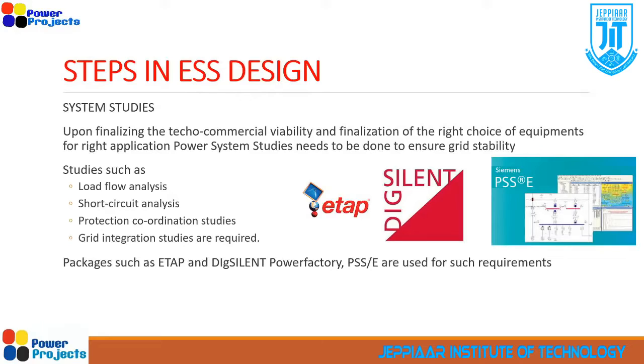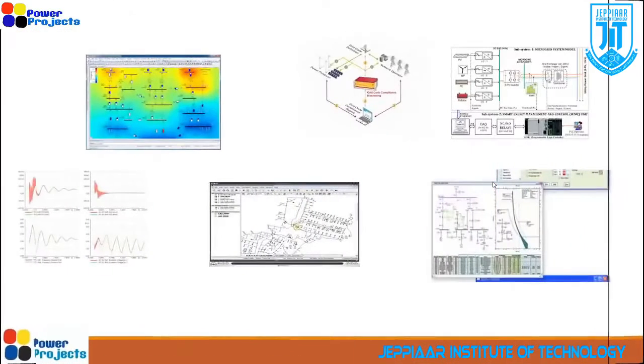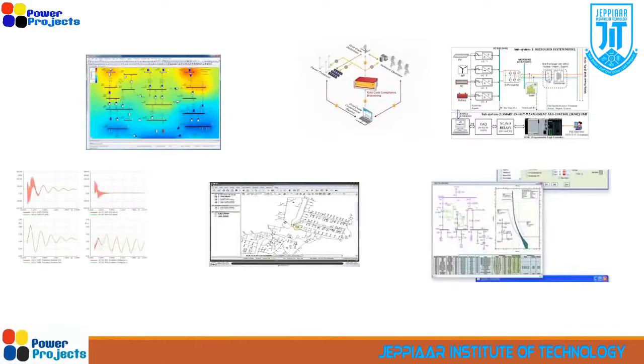For that, quite a lot of power system simulation software is available. For battery energy storage systems and microgrids, you need to perform quite a lot of studies like load flow, short circuit, transient stability, which I have missed here, but transient stability you also need to include. There are protection coordination studies, that's the relay coordination, and grid integration studies. There are many studies which you need to perform. There is a lot of software, so I have just listed a few which might be familiar to you: ETAP, DIgSILENT PowerFactory, PSS. Right? These are some snaps from power system simulation software to validate the technical feasibility of microgrids.